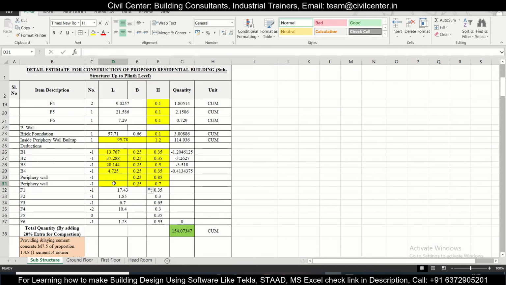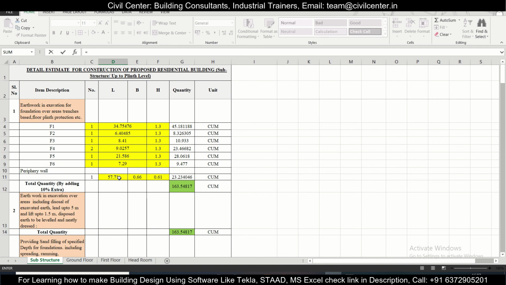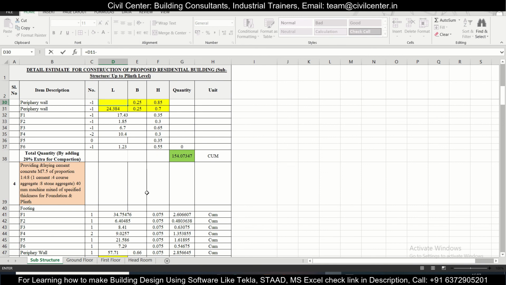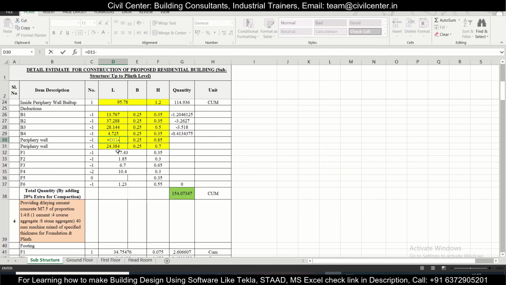So what we can do here, this length will be equals to 12.192 into 2, and this length will be equals to this total periphery wall length minus this 12.192 into 2. So this will be the length. So this will be the direction for the periphery wall. So we can simply drag it like this.